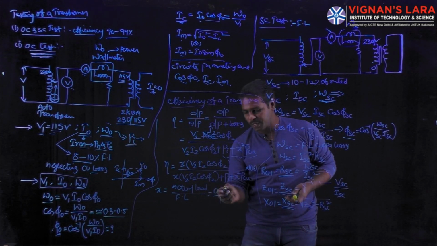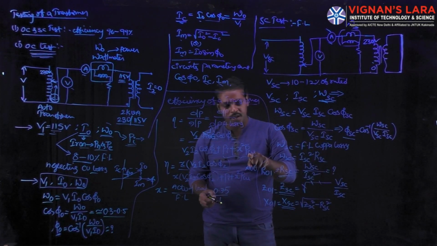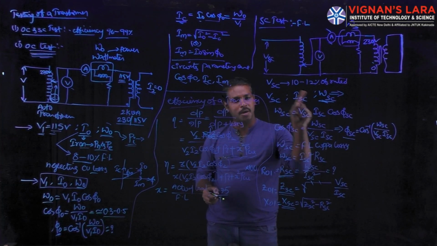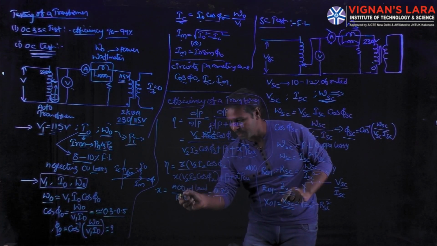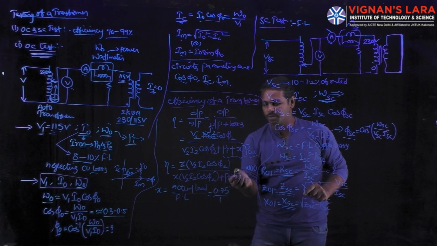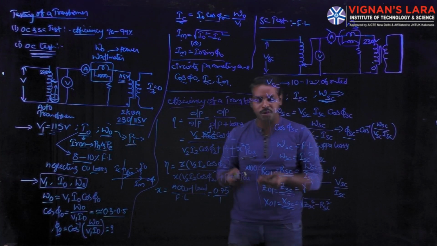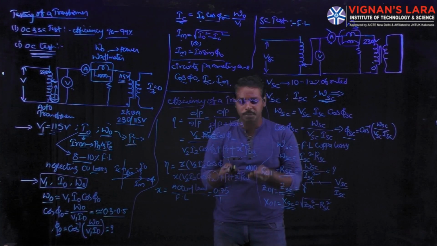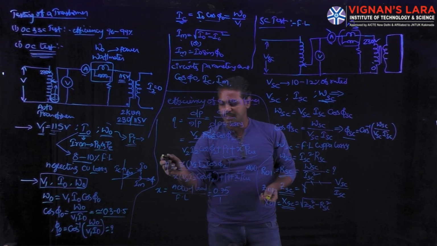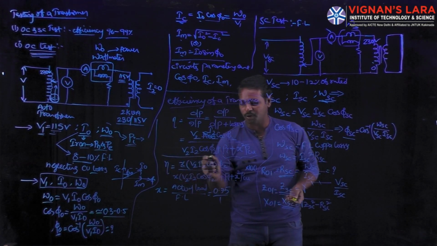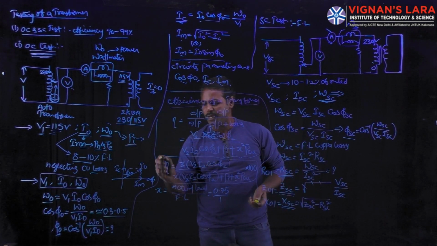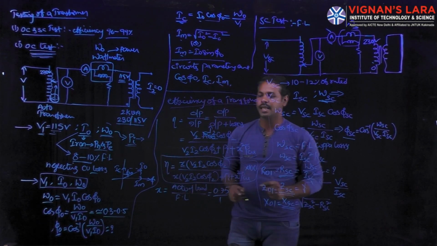So 0.75. Copper losses always depend on the load condition. If the transformer operates on full load condition, full load by full load is equal to 1, so x is equal to 1. Substituting 1 squared into PCU is also equal to PCU, that means full load copper losses. For any type of load operated on the transformer, we calculate the efficiency of a transformer by using this expression.